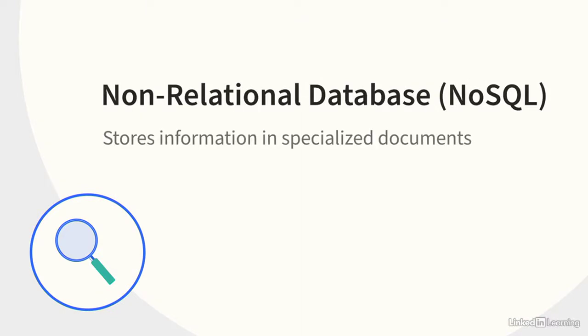A person always has to be linked to the correct account information, and a reliable technology is vital for that type of industry. Now, the other type of database, non-relational, sometimes referred to as NoSQL. These types store information in specialized documents in a way that is not easily visualized and without highly structured links. They're best for situations where a traditional relational database can break down or fail to keep up with rapidly expanding amounts of data. This is because, although they don't enforce relations as well, they handle huge amounts of complex data